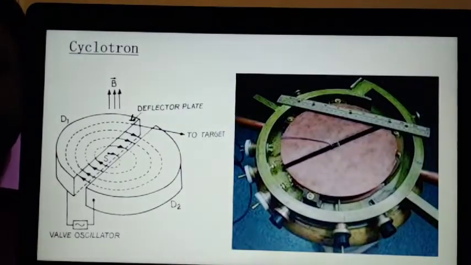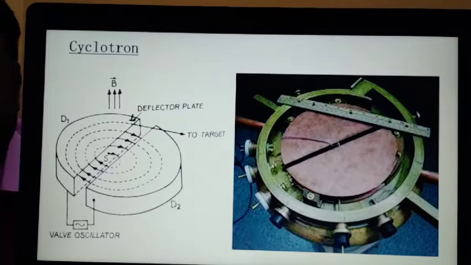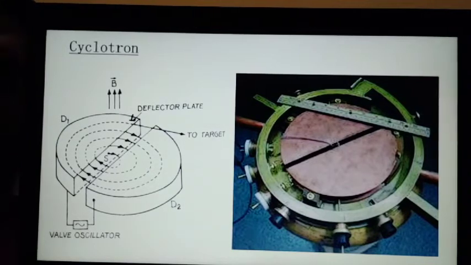See, this is the diagram for an actual cyclotron. You can find two Ds there, the brown shaded ones. Then in between, a gap, and potentials are provided. Then a circular evacuated chamber is kept. And this is the practical diagram for a cyclotron, the cross-sectional schematic diagram of a cyclotron.